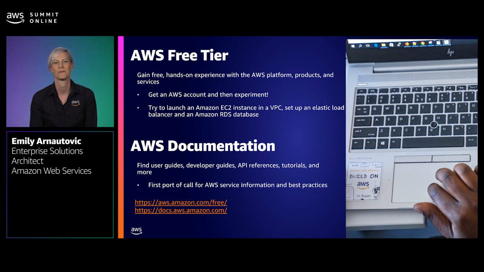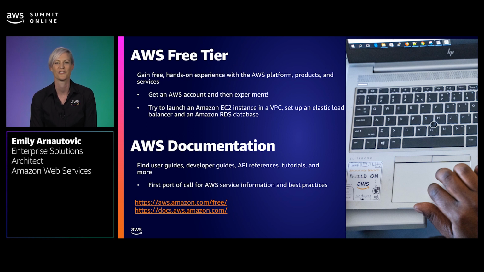A really, really great way to get started is to take a look at the free tier. Nikki and her team, and you, can try out launching AWS services to address many of the components of the 3-tier app we looked at today. If you haven't already looked at the AWS free tier, this is the perfect place to start exploring AWS services. You'll be able to launch an Amazon EC2 instance, an RDS database, an application load balancer. You can also try out security services and provisioning services and those developer tools. You should definitely check this out.